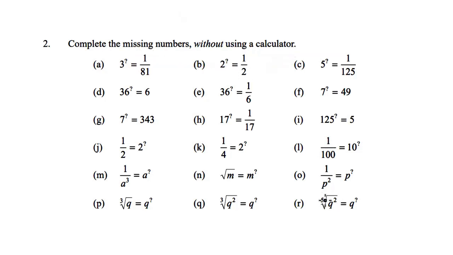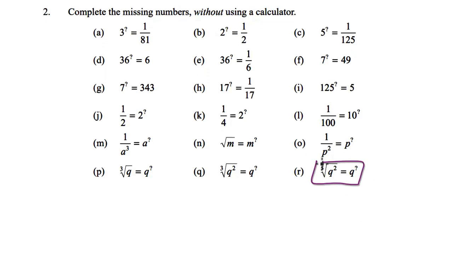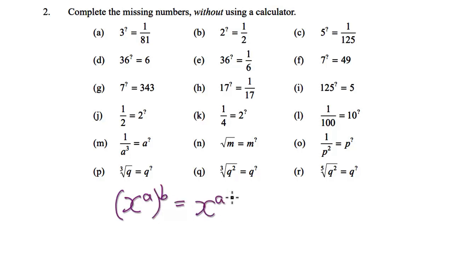Now let's look at this one here. If you have x to the power of a, to the power of b, this equals x to the power of a times b. You would get this times this. If I were to give you, let's say, x to the power of 7 over 3,